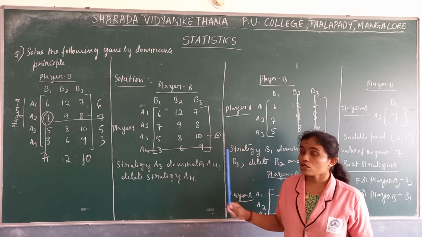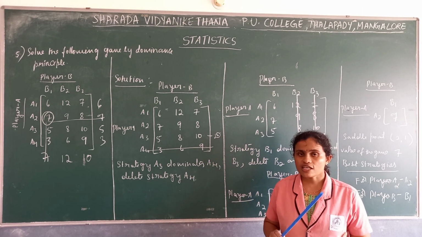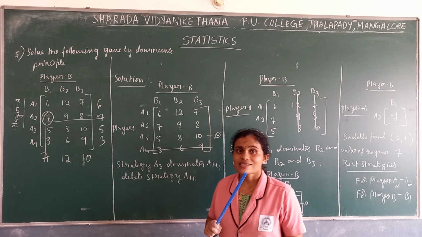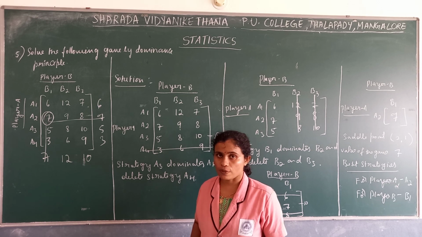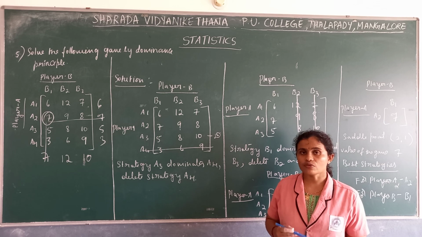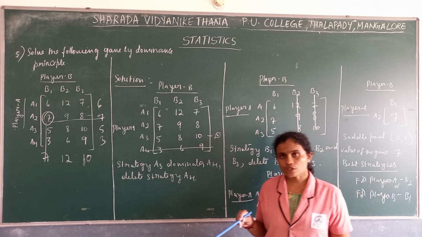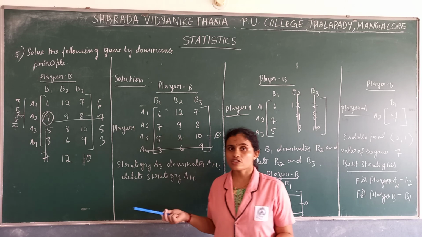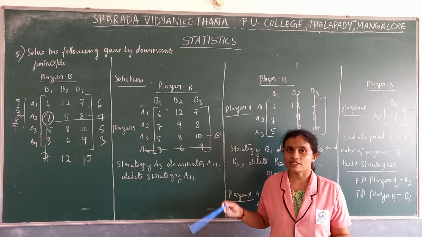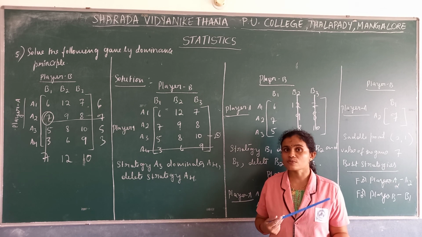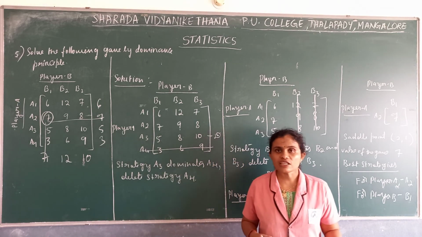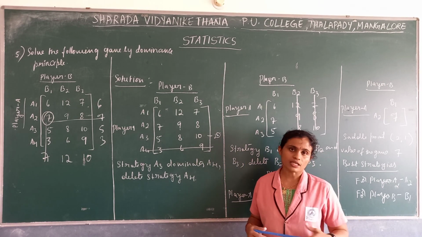And remember, we are on the 8th chapter. In the 8th chapter, the first unit was linear programming problems, the second unit was the transportation problem, and the third one is game theory. In transportation also, we solved two kinds of problems, that is the northwest corner rule and the matrix minima method. And in game theory, two further methods, maxi min, minimax and dominance. Now two more units are remaining, that is inventory theory and replacement theory, that we'll see.